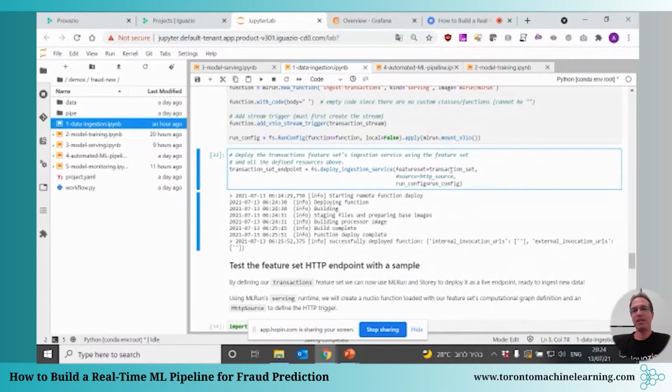We don't need to rewrite the logic again. And now we have the same feature set, but the source is going to be a stream engine that basically ingests the data from that stream engine. We have a serverless function that knows how to get the data using a trigger. It basically points to that streaming engine. And now once the events are coming into the serverless function, we're going through the entire graph and calculating all those features on the fly. And those features, again, are ready for online serving and for training.